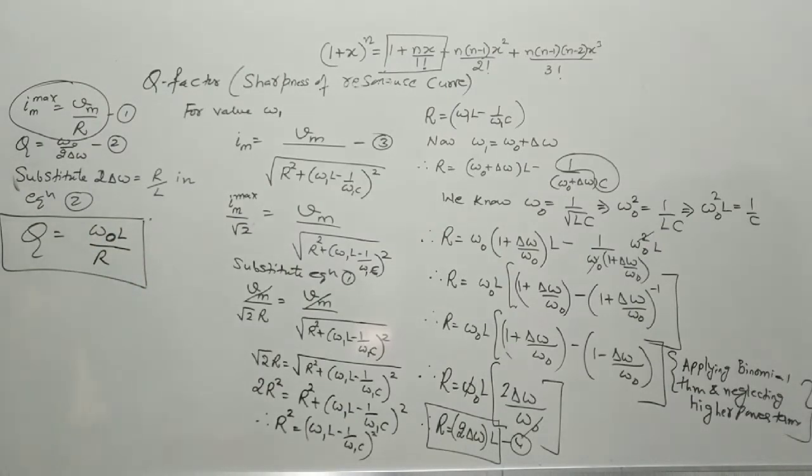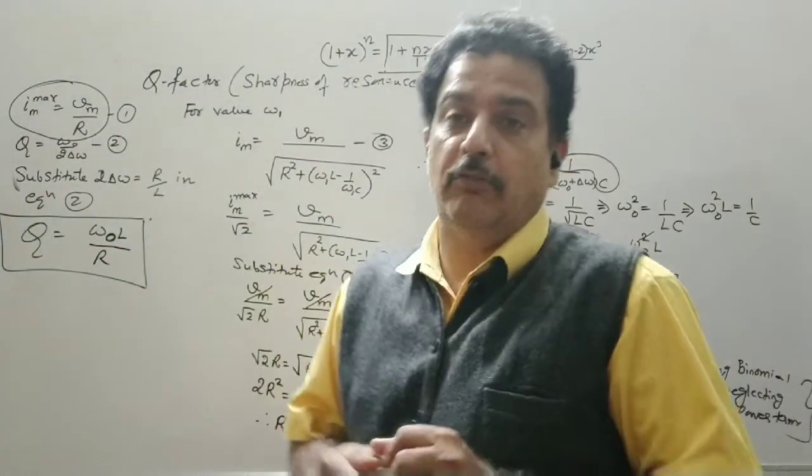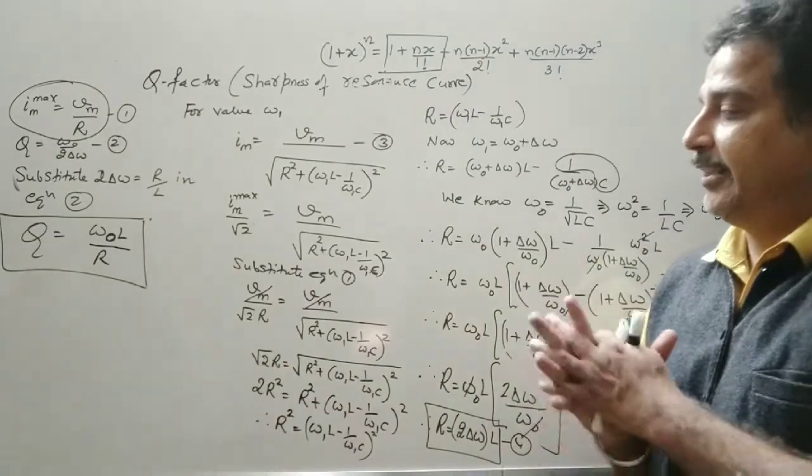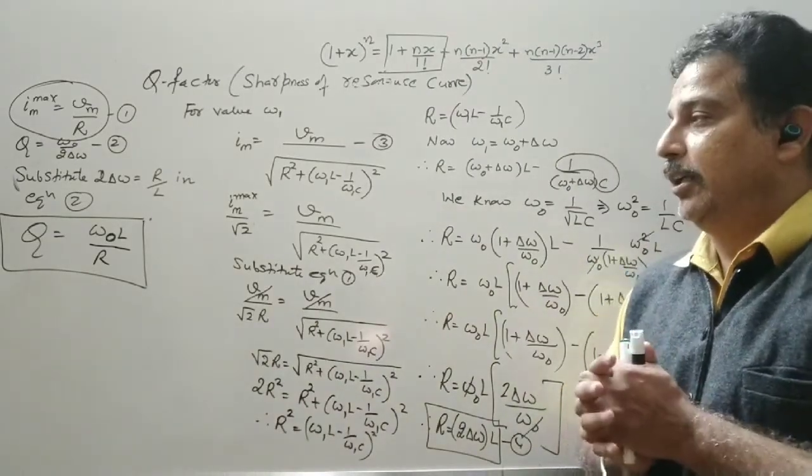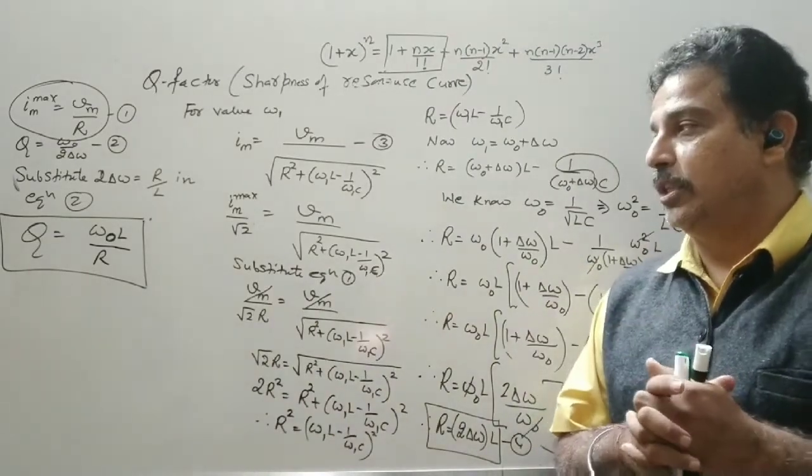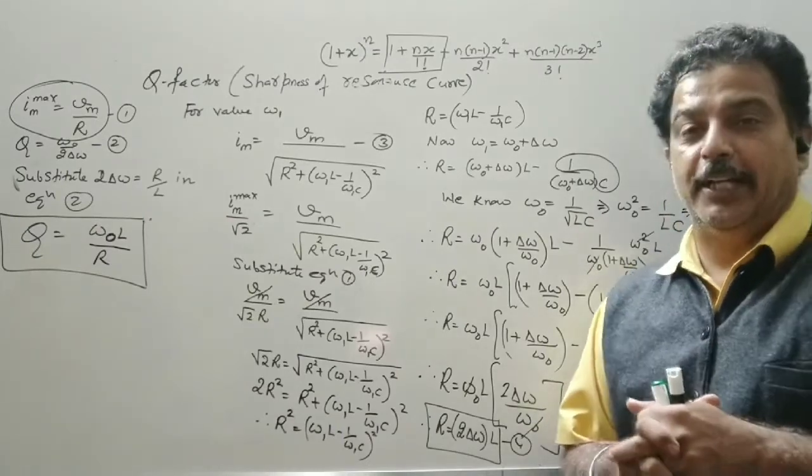Now we know the value of omega naught, that is the resonant angular frequency. We know the value of L, which is fixed, and we know the value of R. So clearly you see that Q is inversely proportional to the resistance and Q is directly proportional to omega naught